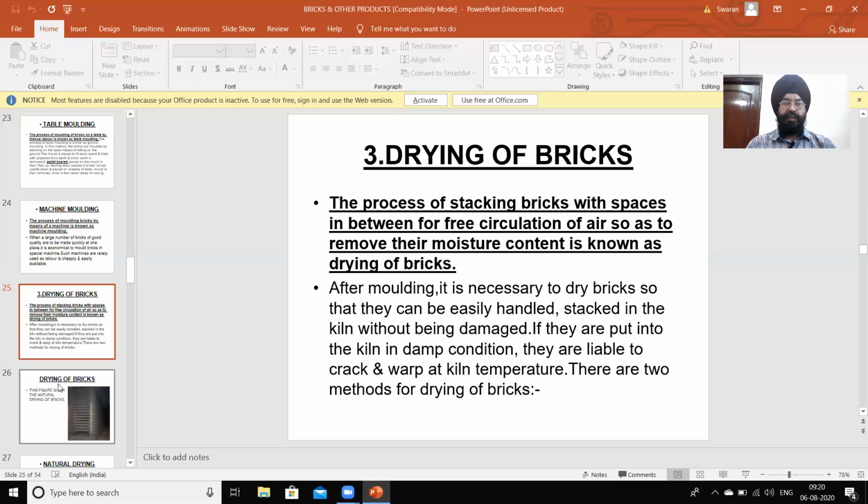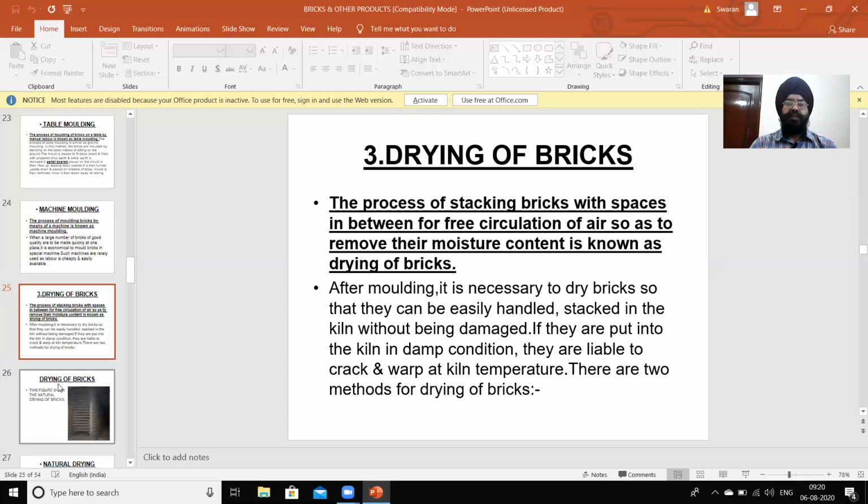After molding, it is necessary to dry bricks so that they can be easily handled and stacked in the kiln without being damaged. If they are put into the kiln in damp condition, they are liable to crack and warp at kiln temperature.